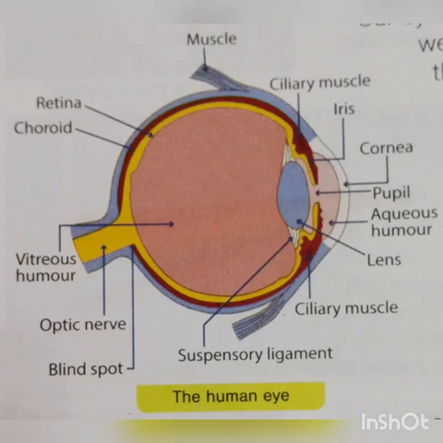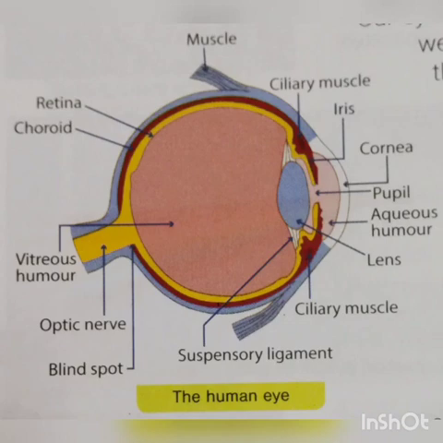Now, when our eyes are suddenly exposed to very bright light, our eyes feel slight pain and we close our eyes. Now, why does it happen? Because the pupil widens up in dim light, and when the eyes get exposed to bright light, the pupil tries to contract so that it can protect the eyes from any kind of damage. Okay? Now, why does it contract? Because, students, the pupil puts in an extra effort to narrow its size so that only a small amount of light can enter